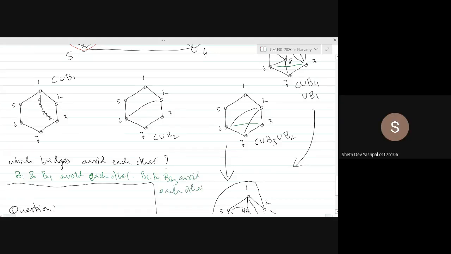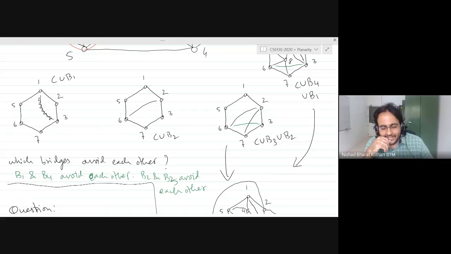Yes, sir. So can we directly do this, sir? We get all the bridges of a graph corresponding to a particular cycle, and then we check the overlaps between all the pairs, and there shouldn't be 3 or more overlapping bridges at a point of time. I like this. You are going on the right track.